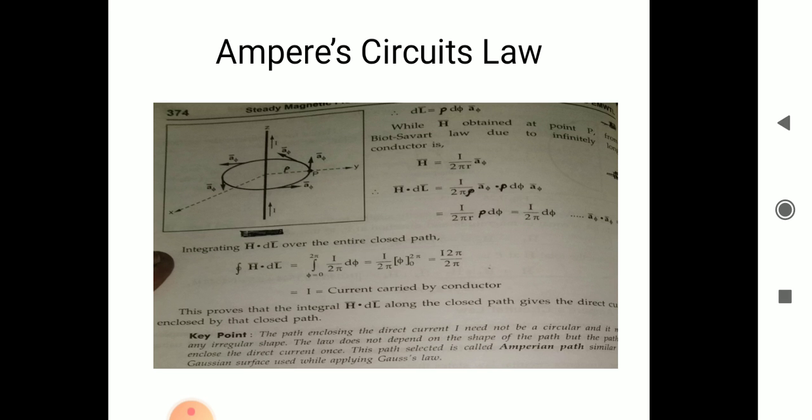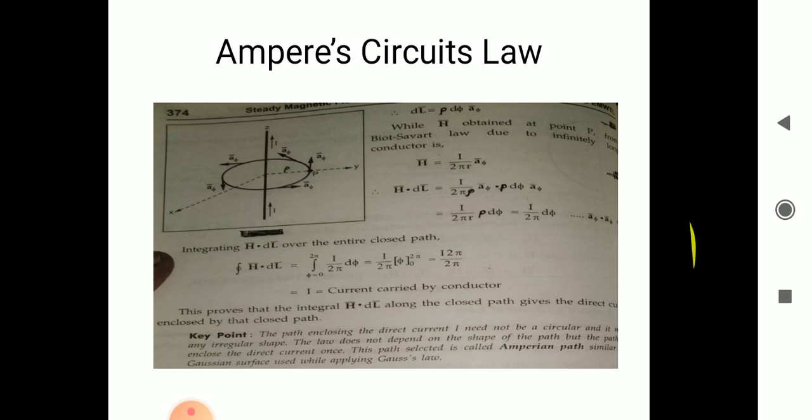Solving this for the magnetic field intensity, that is H bar, we get the required magnetic field intensity due to the direct current. To apply Ampere's circuital law, two conditions must be satisfied. The first condition is the H bar magnetic field intensity is either tangential or normal to the path at each point of the closed path. The second condition is the magnitude of H bar must be the same at all points of the path where H bar is tangential. This plays an important role while solving using Ampere's circuital law.